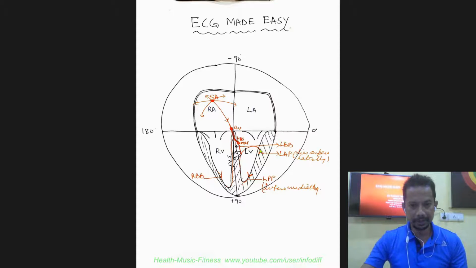Another thing you have to remember is after the conduction has come to the AV node and into the bundle of His, the first thing to depolarize in the ventricles is the interventricular septum. And you should remember, the interventricular septum is not a very thick or bulky structure, it is very thin. So when it depolarizes from left side to right side, like I have drawn these arrows, left to right, we will discuss the importance of this direction in the next video. And then the impulse travels to the rest of the ventricles, and the conduction happens.